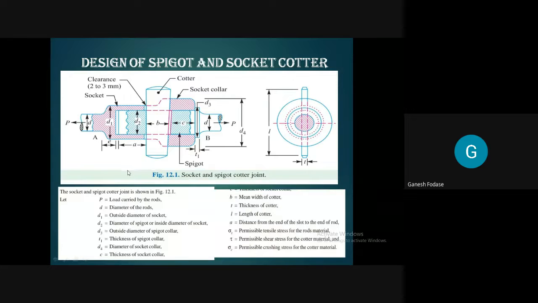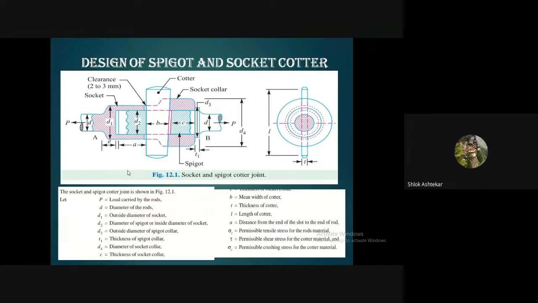Remember, whenever we are going to design any component, you must first know its application. So you come to know about the application, where it is going to be used. And now while designing, we must know what different dimensions I have to design, what are the different elements in that quarter joint. So which elements are here? We are going to start our topic, design of spigot and socket quarter joint. So how many elements are here, basically, in this assembly?